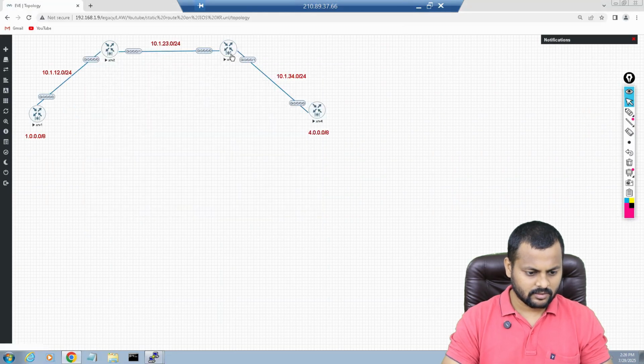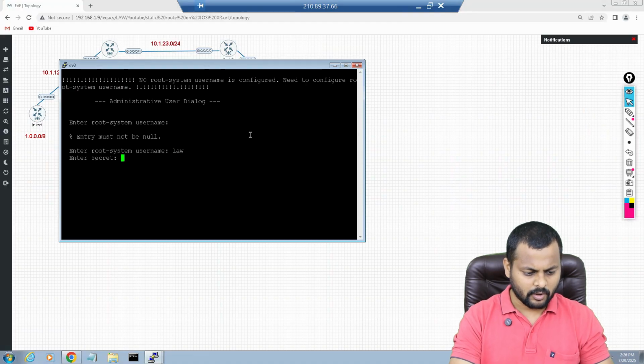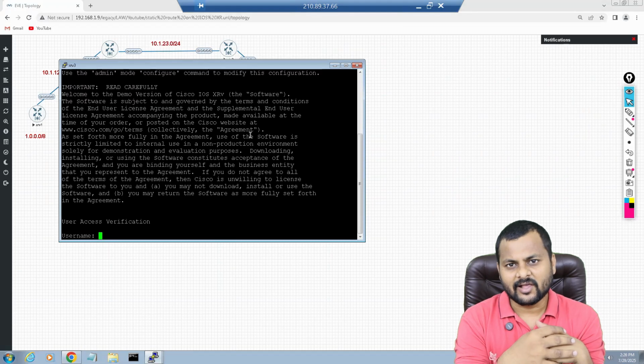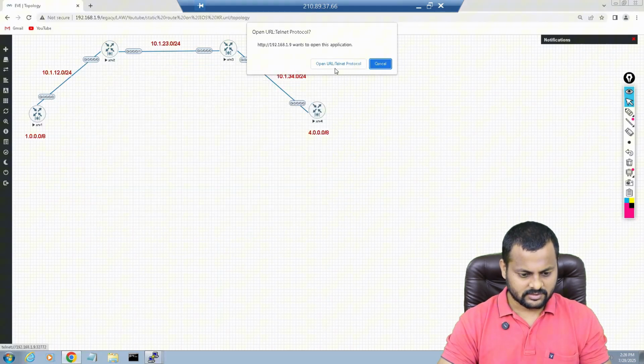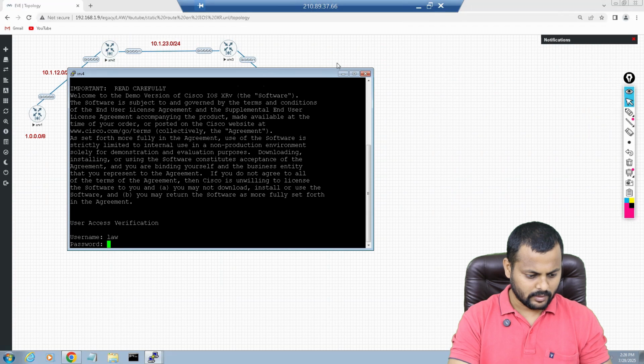Same thing on R3. These IOS XR routers are basically used in the service provider environment, or you can even encounter them in the enterprise network as well. Mostly you will encounter the XR series of routers like the ASR 9000 in the service provider environment. So on XR4 now we have the username and Cisco1. That's all right.